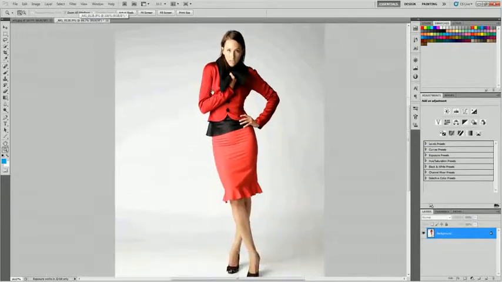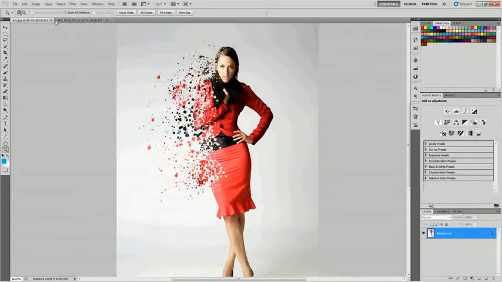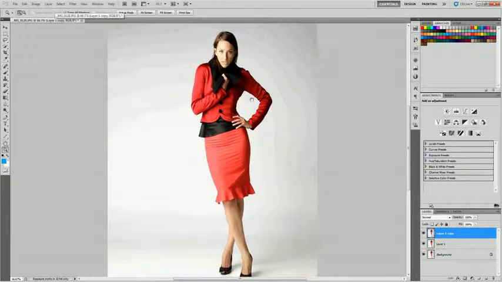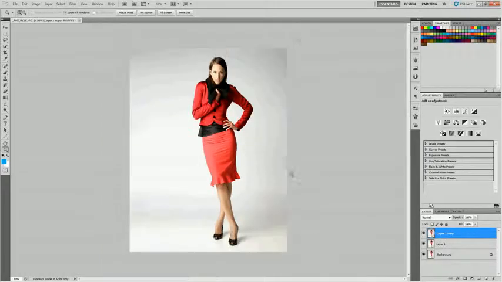So zoom out here, and first thing we want to do is make a duplicate of our background layer. So hit Control J a couple times and get a couple copies of that. And I'm going to close this out because my computer's going to crash if I keep that open, I think. Alright, so with one of our copies selected, we can start a couple ways, but first, we need